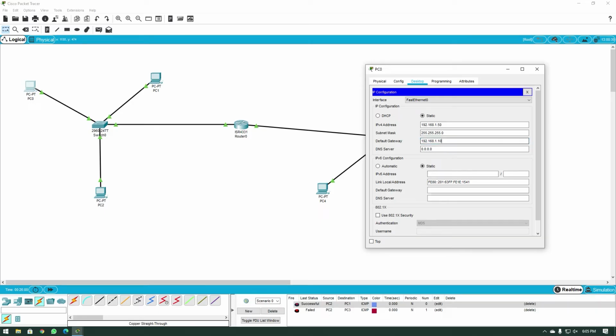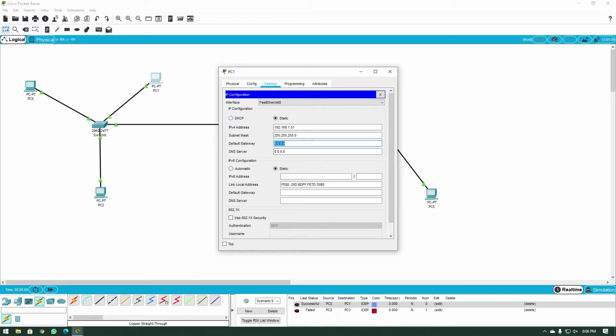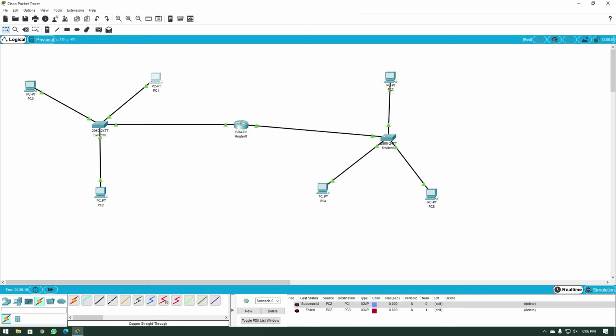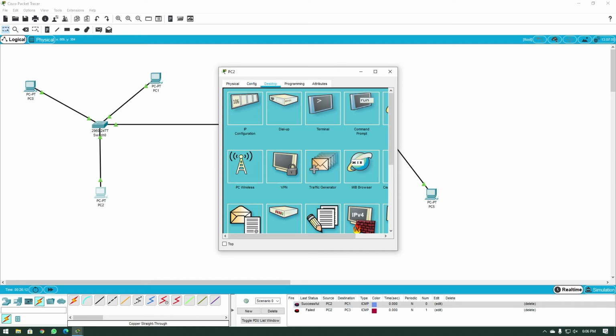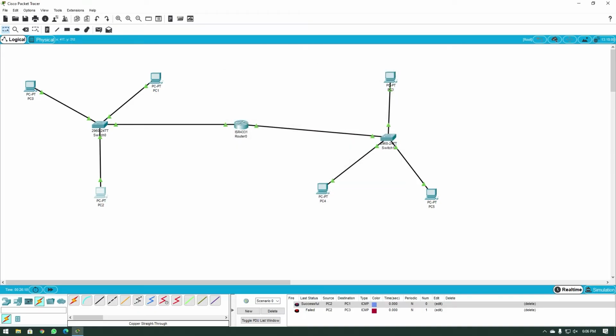So that's that. Let me just quickly copy that value, and on the next computers I'm just going to paste it. That would be quicker. So just go to IP configuration and paste that there. Go to the last computer in this network, go to IP configuration and paste it right there. Now these 3 computers have the default gateways configured to the IP address of the router.